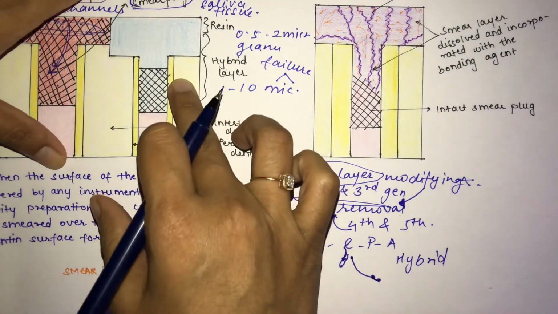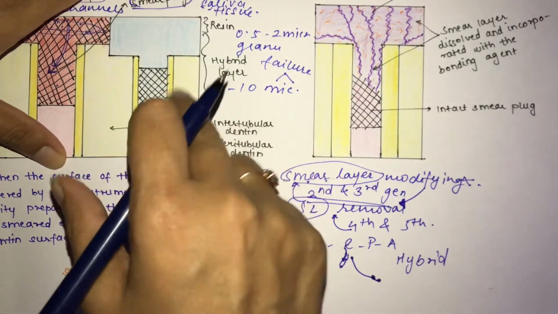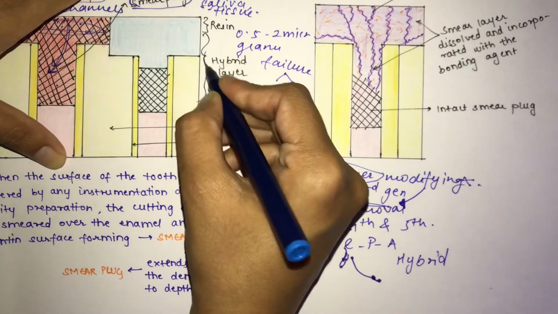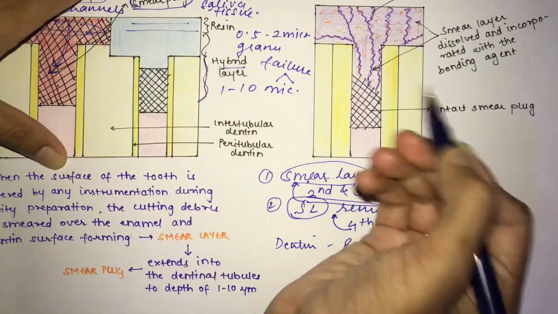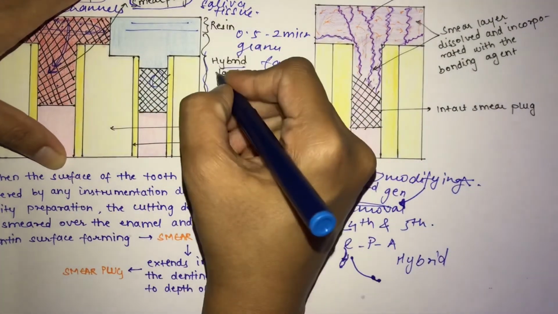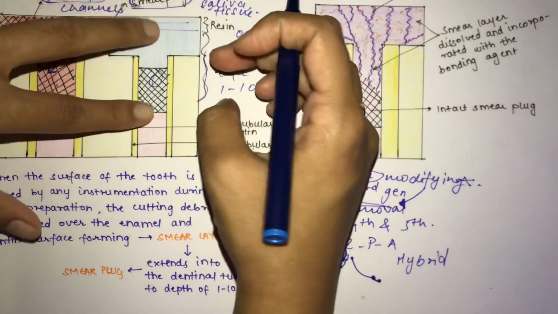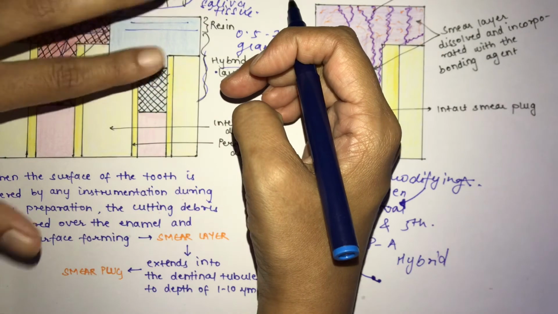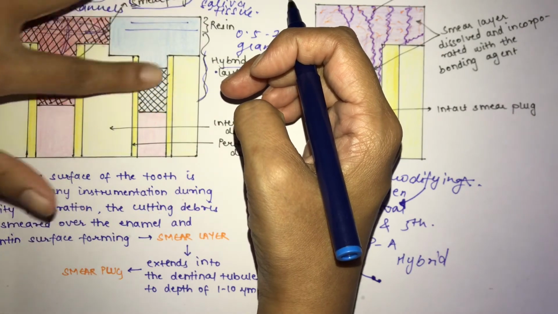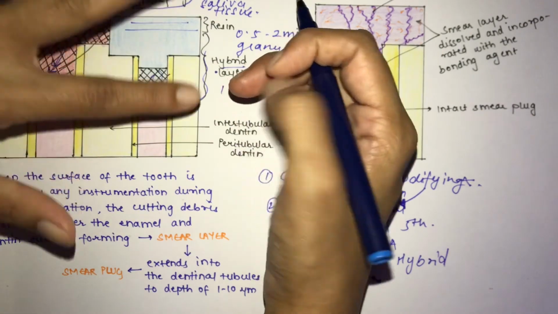Over here, this is the picture where you are removing your smear layer, and you can see the formation of a hybrid layer. Hybridization of dentin is a process which creates a molecular level interface between the underlying dentin and the overlying composite resin. Over here you have your resin and over here you have your dentin. The hybrid layer is basically the hybridization of both at this interface, forming the interface between the resin and the dentin. So this is nothing but your hybrid layer.